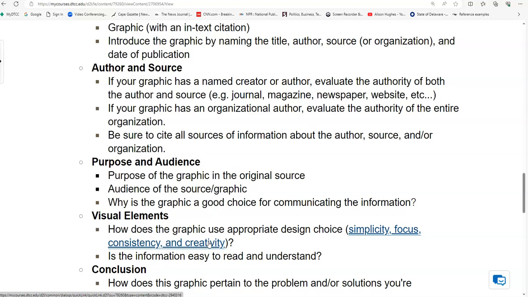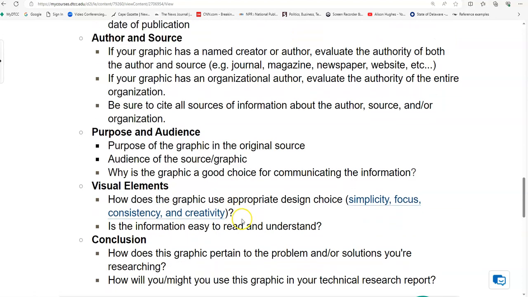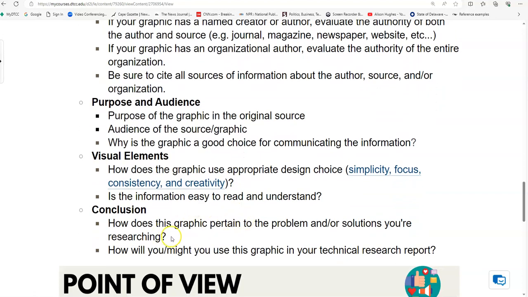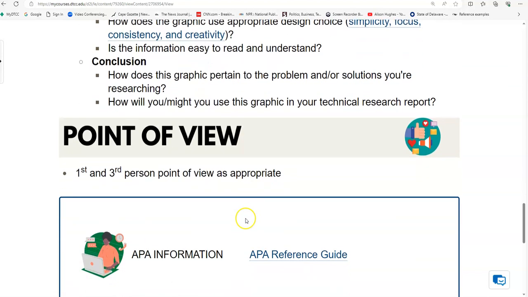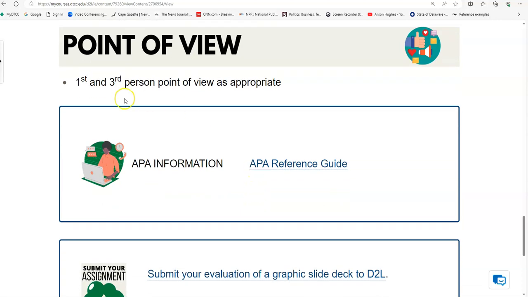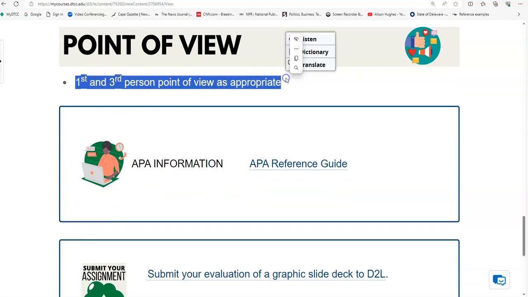and easy to understand. Then in the conclusion for your assignment, you need to explicitly explain how this graphic pertains to your problem or the solutions that you're researching, and then explain how you might use this graphic in your technical research report. Now, since this is a slide deck and since it's an evaluation, first and third person point